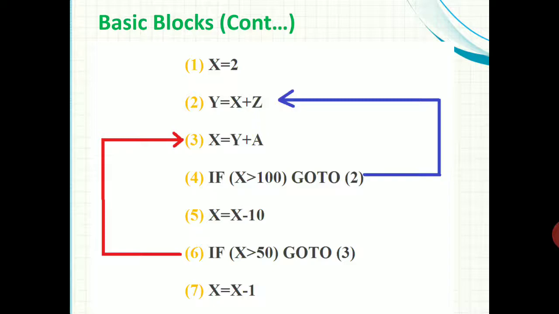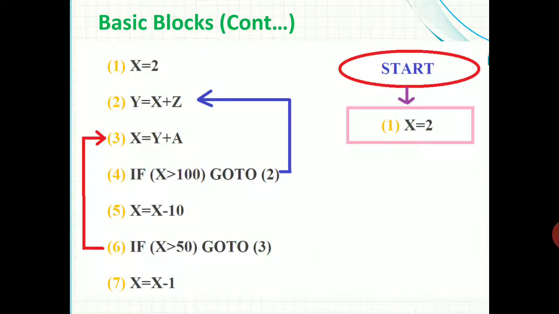That is the first statement of a basic block. Then the second statement becomes the first statement of another block, because it is a target of a conditional jump. The third statement also becomes the first statement of a basic block, because it is a target of the sixth statement. So the first, second, and third statements form different basic blocks.